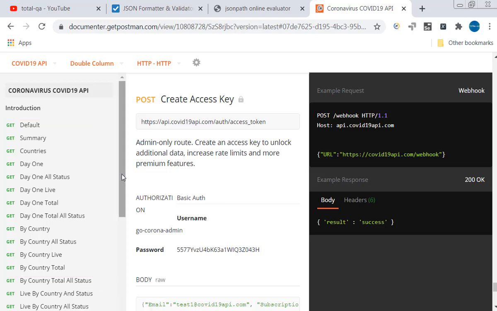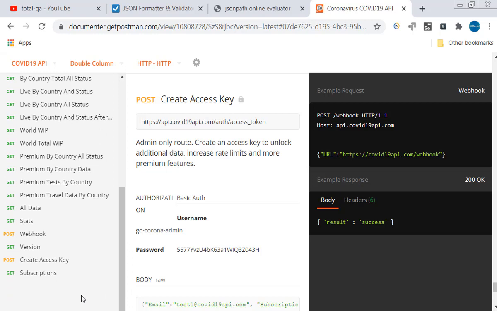Let's scroll down. You will find two POST requests: one is post webhook, one is create access key. Today I am going to pick the create access key POST request. We are going to automate this using REST Assured API.